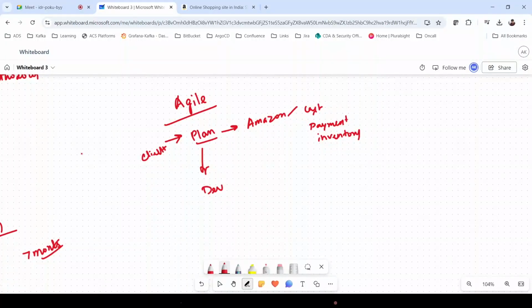In the waterfall method it took almost 1 year to complete the project, but here the project sprints are just 3 weeks, or sometimes 2 weeks. They will plan that they need the Amazon application with these features. Once the plan is over, in the first week itself, the dev team will start working on these features.